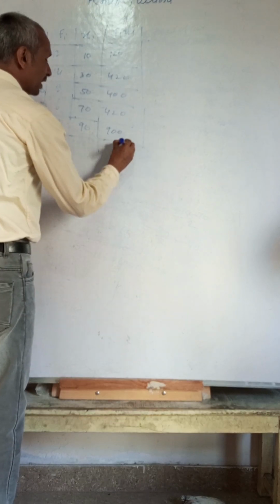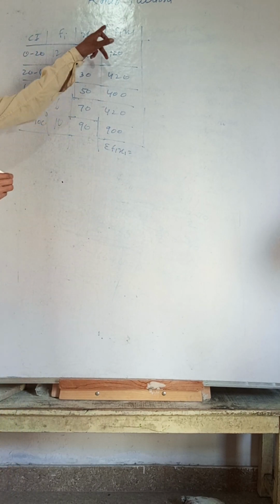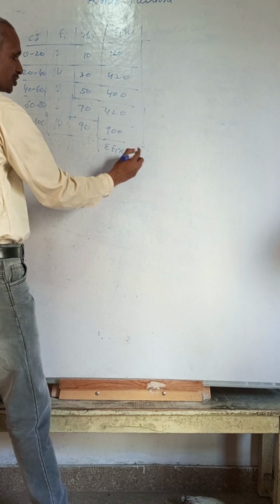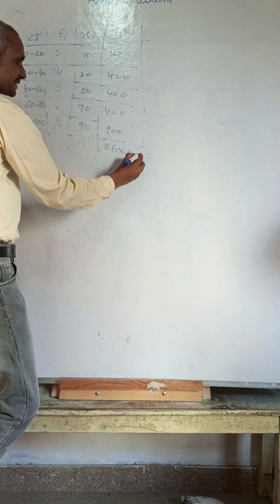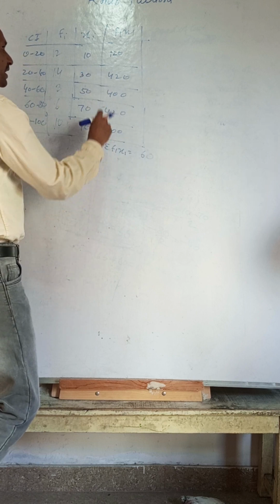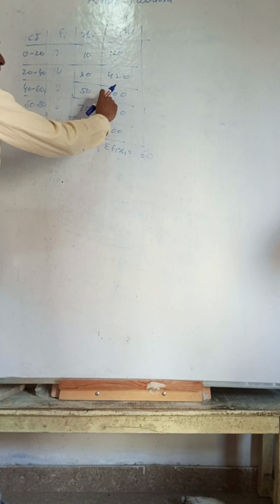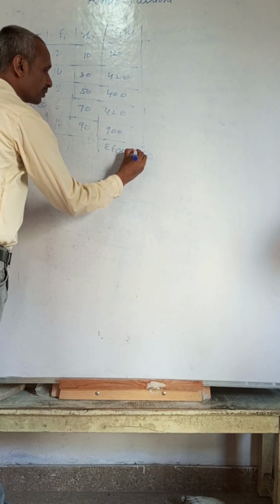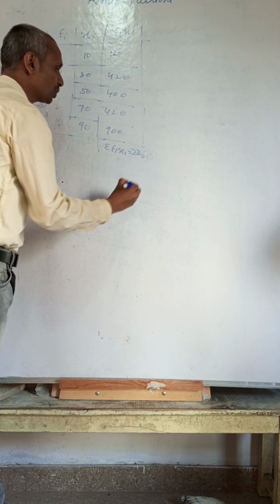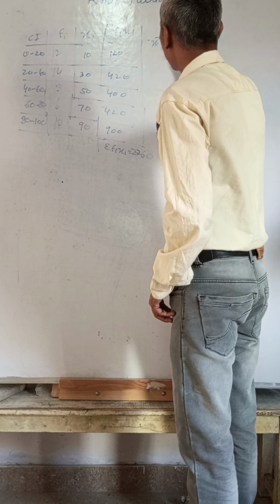Now you are finding the sigma Fi xi is equal to what? You are adding total. 0, 0, 0, 0, 0. 2 plus 2, 4. 4 plus 2, 6. 6 written. Now it is written 1 plus 4, 5. 5 plus 4, 9. 9 plus 4, 9 plus 9, 18 plus 4, 22. 22, 2260. Now you know mean is equal to x bar is equal to what?